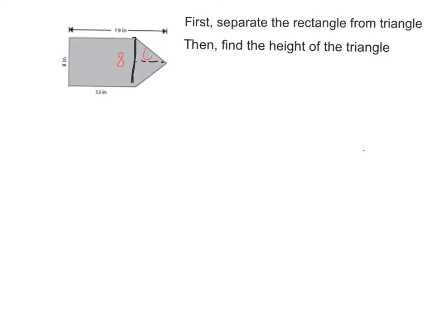So I'm going to write it down, 6 inches. So now that we already have the height of the triangle, and we have the side of the rectangle, then we can begin and say, okay, the area for the rectangle is